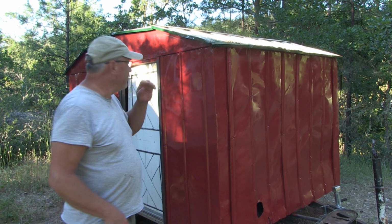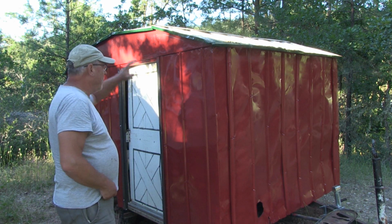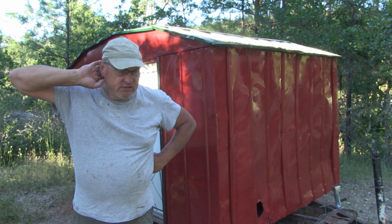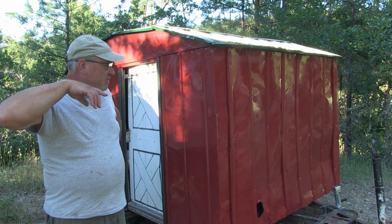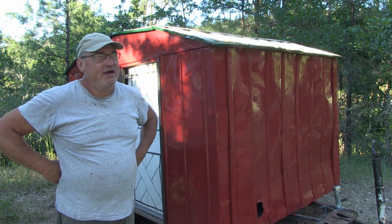Well, my paint job is finished, and now I just got to move it. I'm going to move it up here near the house and get it cleaned out and pressure washed on the inside. And then I'm going to go ahead and drag the trailer over to that other pasture and get this